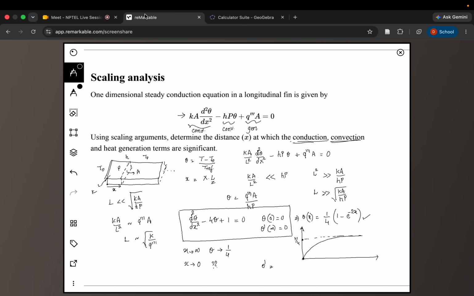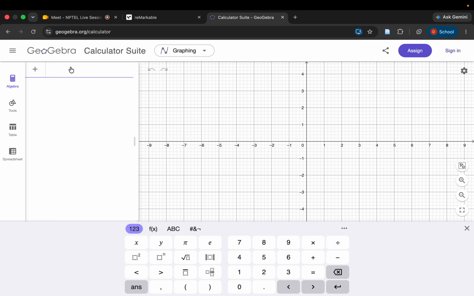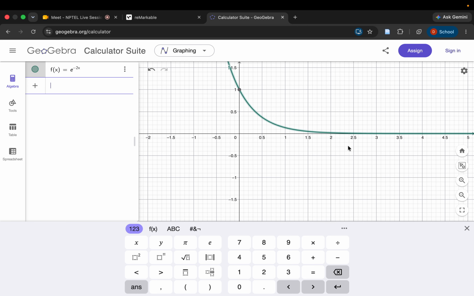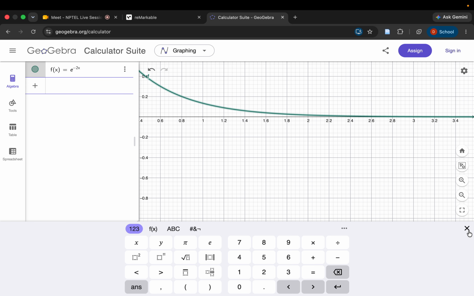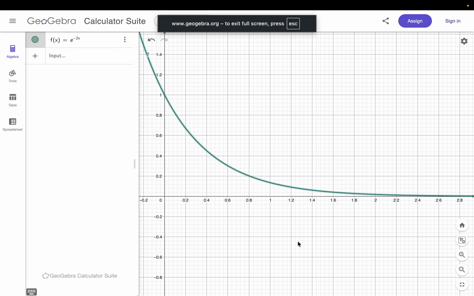Theta prime is going to be e power minus 2x by 2, and theta double prime is going to be e power minus 2x times minus 1. So the magnitude of this is e to the power minus 2x. If I just plot that, so you can see this is my first term in the equation,